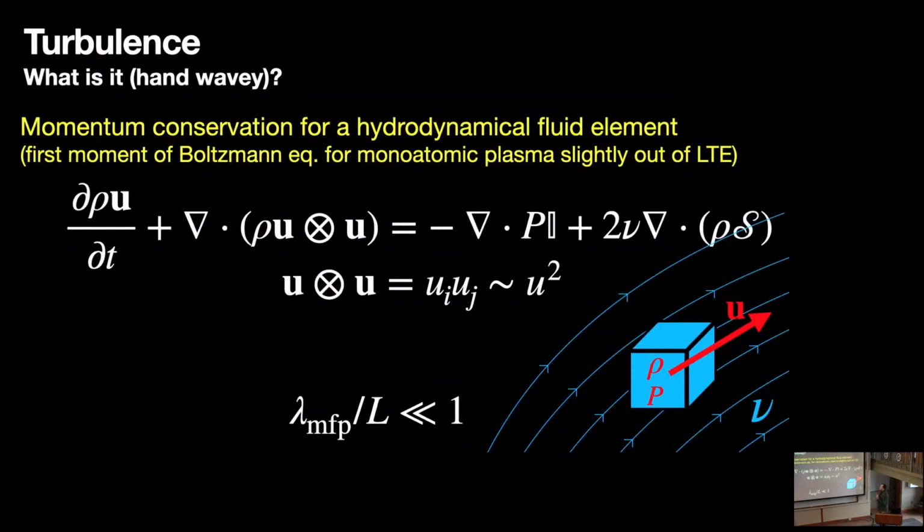Now let's talk about turbulence in a somewhat hand-wavy way. So we should start with the momentum equation. This is just the most boring vanilla equation you can construct in fluid dynamics. It really is describing the momentum conservation of a fluid element. What's a fluid element? Well, it's the moments of an underlying plasma distribution function, and it gives you some mass